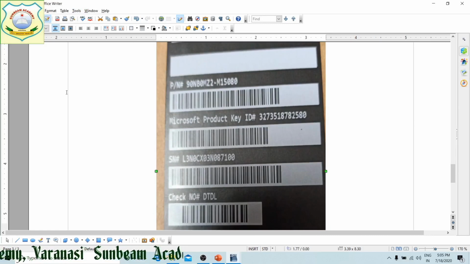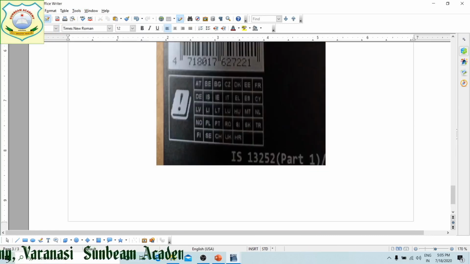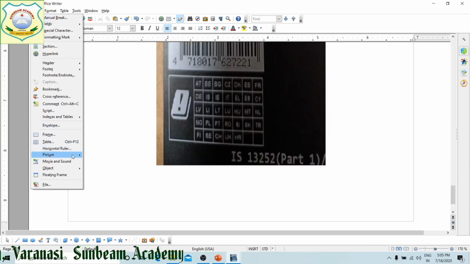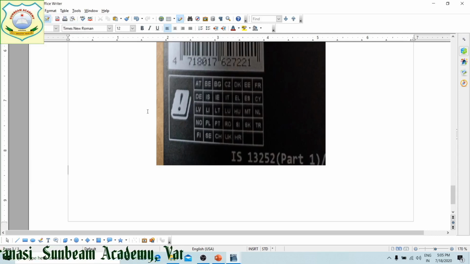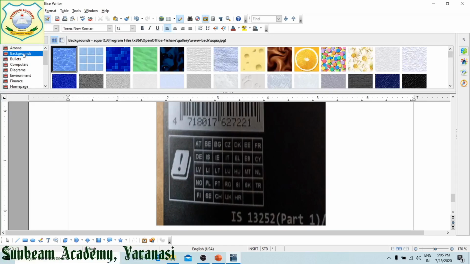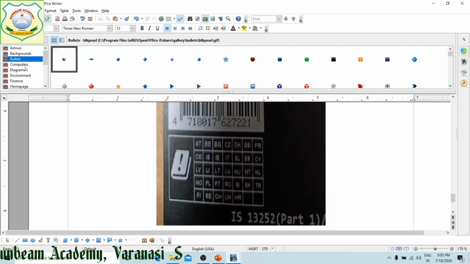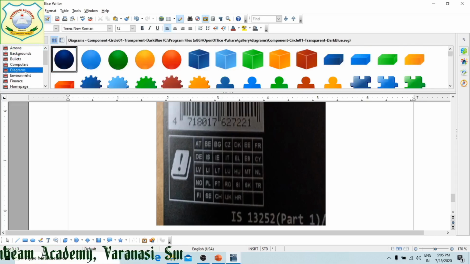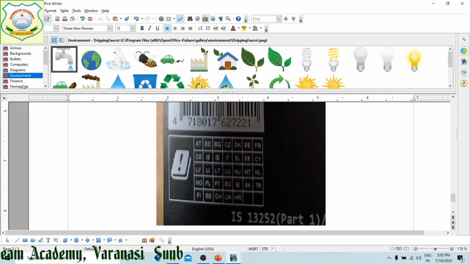Now the next I am going to show you, this is from scanner, this is from file, and ready-made gallery. What I told you, clip art. Here you can see gallery. From this gallery, this is arrows, background, bullets, computers, diagrams, whatever you need.